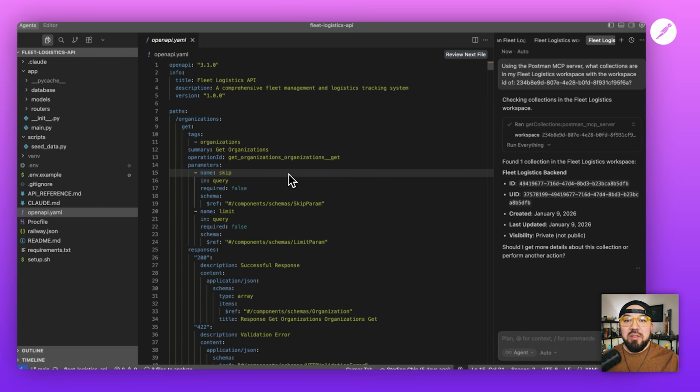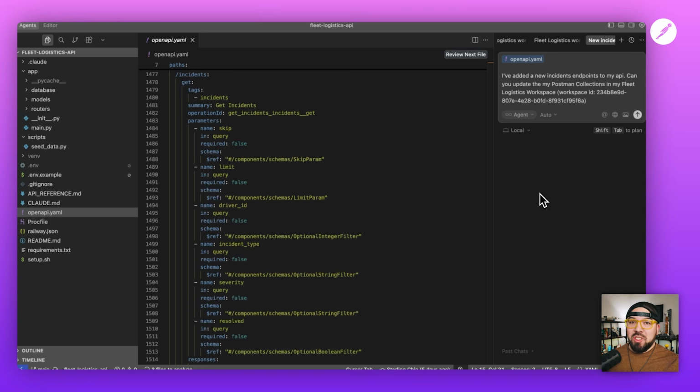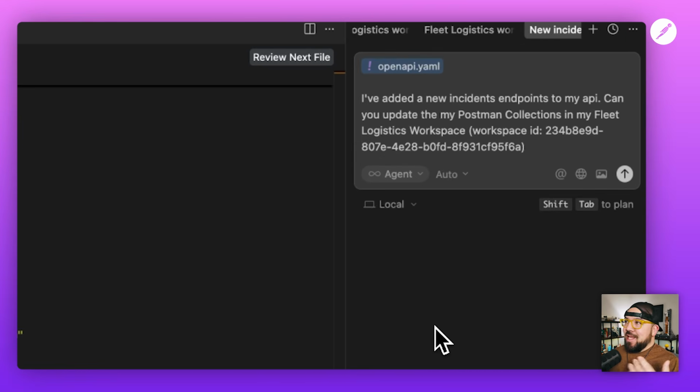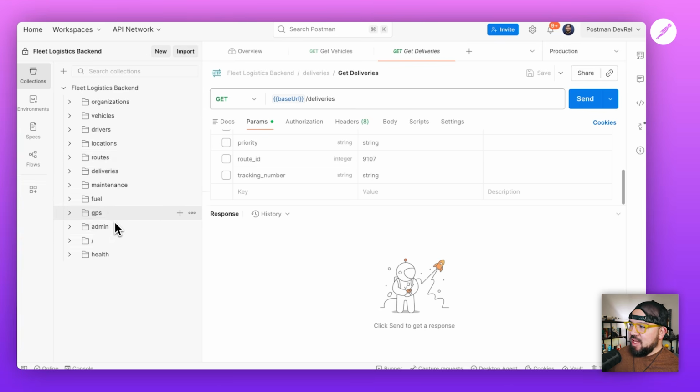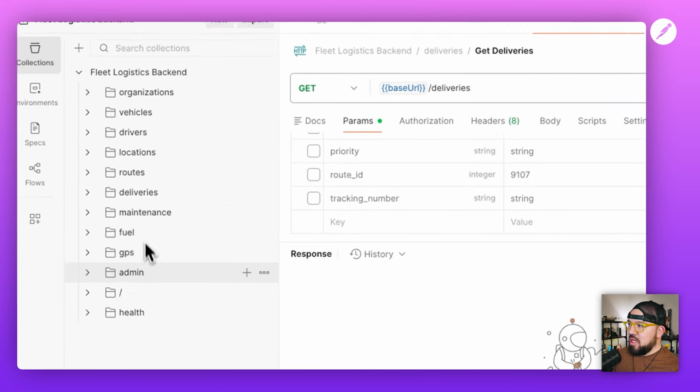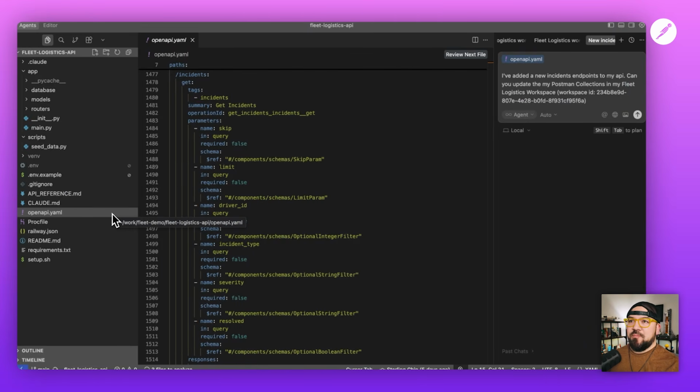Let's dig in a little bit further. Now let's say I've added multiple new endpoints to my OpenAPI spec. In this case, I added incidents to it, but I don't have that in my collections inside my workspace. So if we go over here, you'll see that there is nothing. I don't have the incidents here. It would be somewhere right around here, but it doesn't exist. So